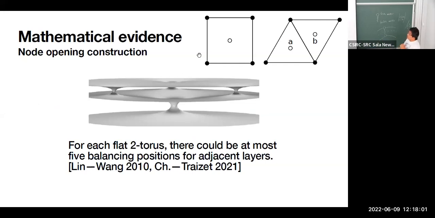Okay, then the thing is, I had numerical evidence, and I wanted to prove rigorously that we can indeed twin the minimal surfaces. Then I began to learn the node opening construction. And as I said last time, for each flat Q-torus, there could be at most 5 balancing positions for the nodes. And the consequence is,